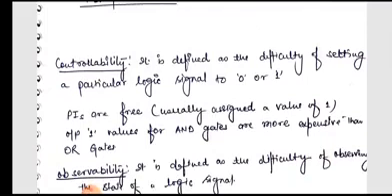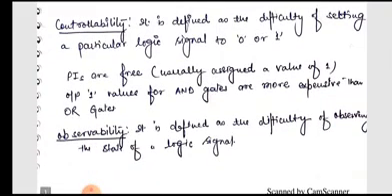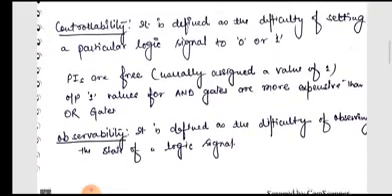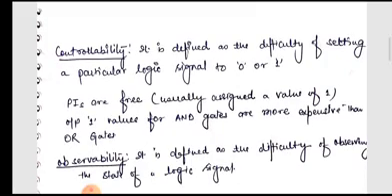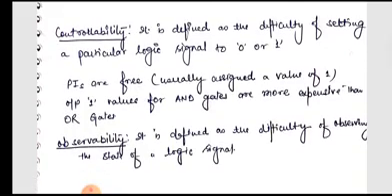Okay, so PIs, meaning primary inputs, are free. Usually we assign a value of 1 if we put the fault as stuck at 0. If we put the stuck at 1, we treat the initial value for the primary input as 0. Okay, and setting the output to 1 for an AND gate is more expensive than for an OR gate.